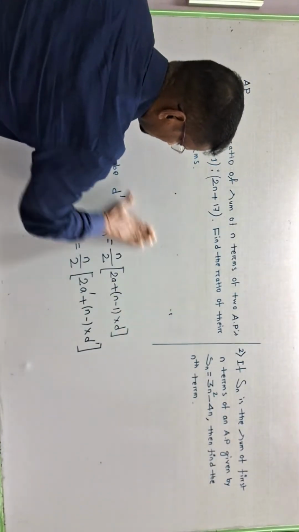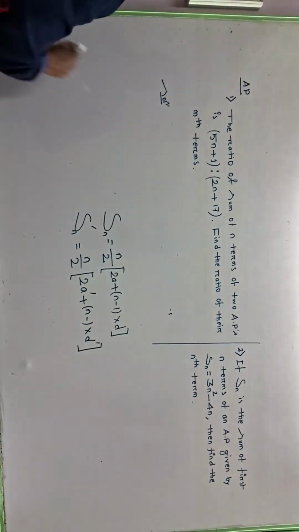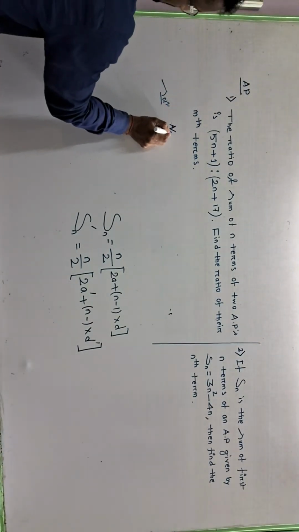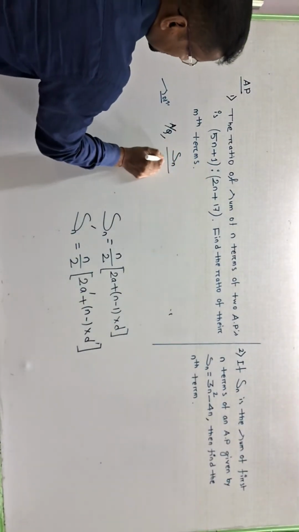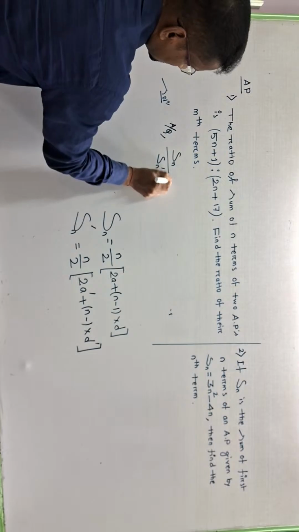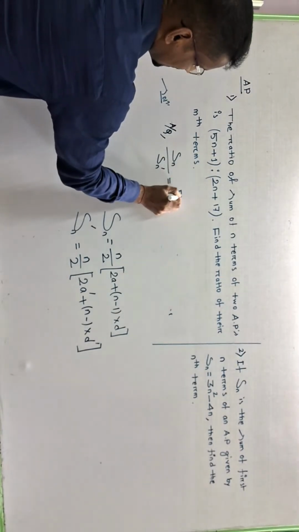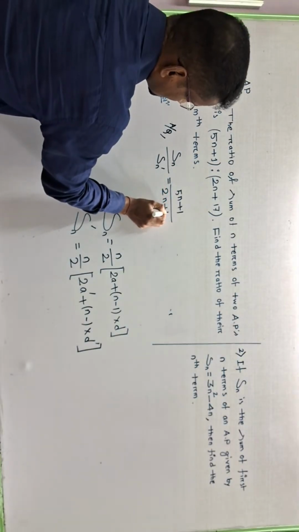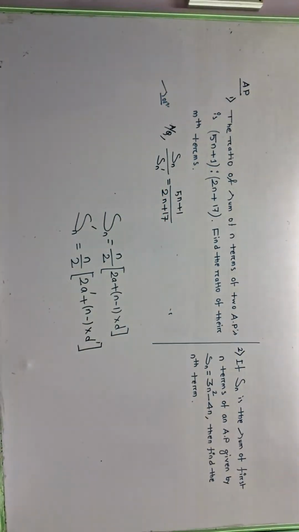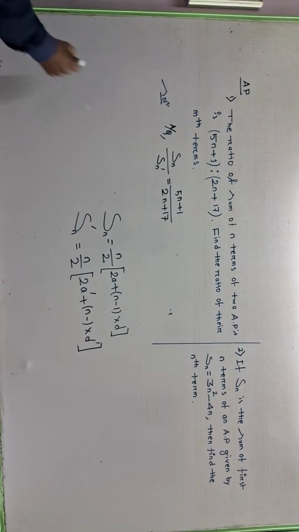Now you see, according to question, ratio, that is Sn over Sn dash, that's given as 5n plus 1 divided by twice n plus 70. এটা আমার দেয়া আছে. implies